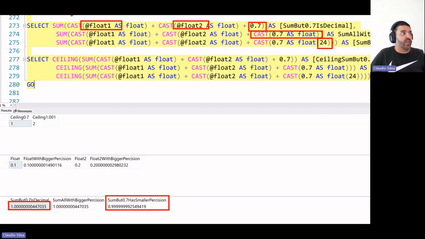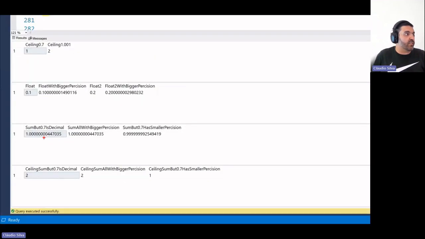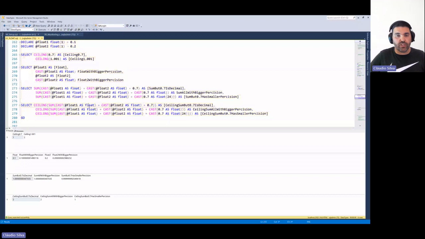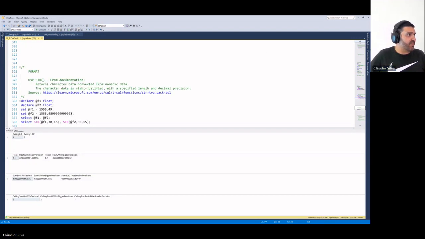So when we're using the ceiling on top of these sums that we are doing, we will get results like this. It's bigger than 1, we get a ceiling of 2. The same one from here, but in this example it is a little bit before 1, so the ceiling will be 1. So now which one is the correct result for you? Is it these 2 values or this 1 value, right? So be aware when working with floats if that is really what you need, depending on what you are trying to achieve. Maybe the float is not the right data type that you are expecting, okay?